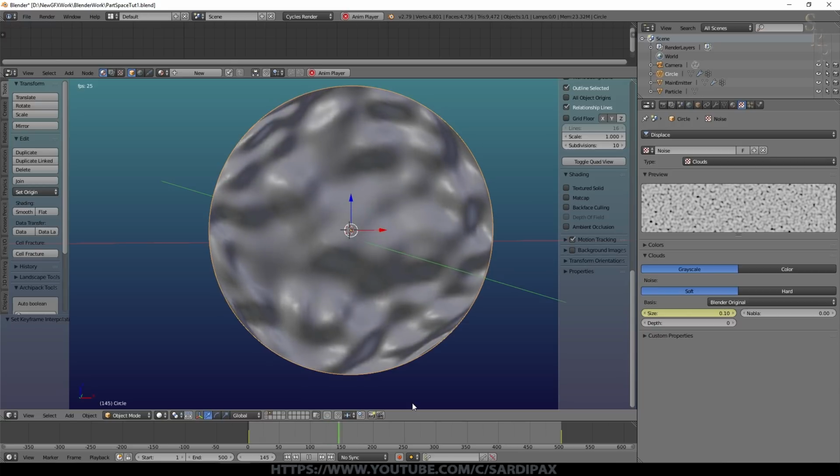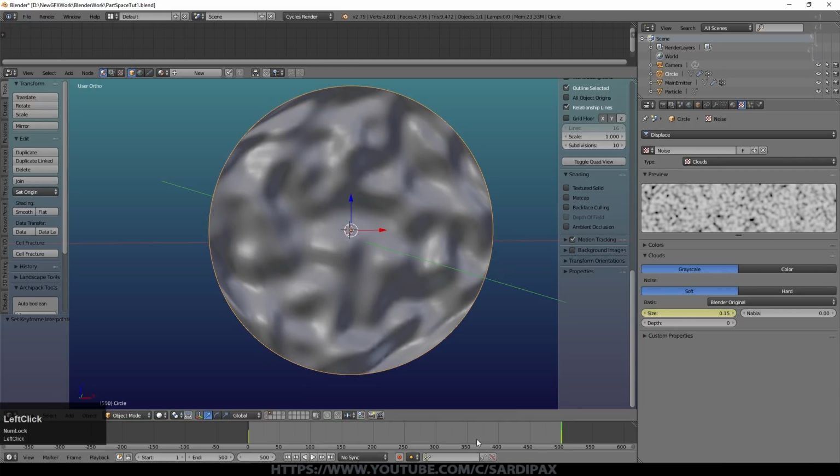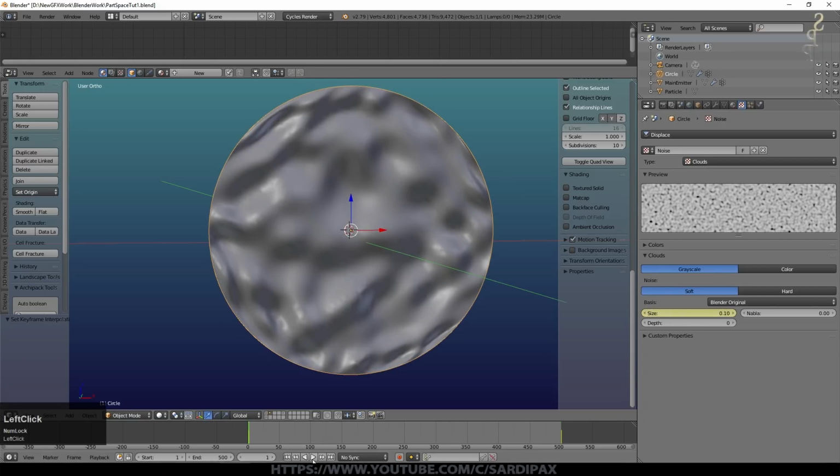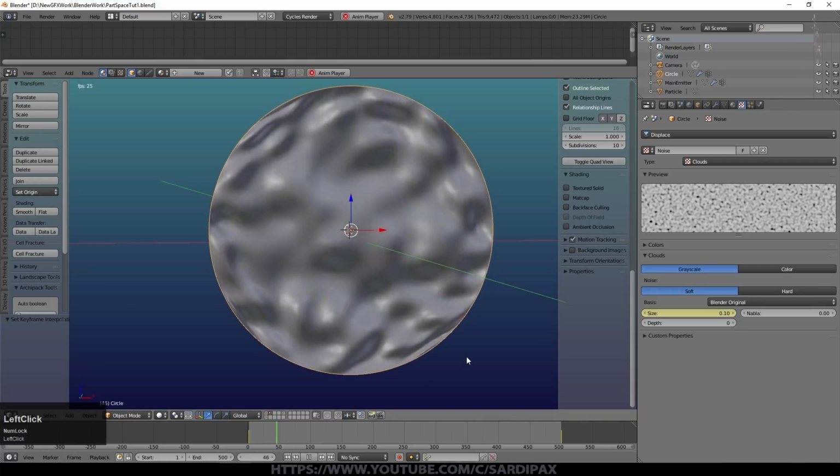And if we want it to go a bit faster, we can just go to the end animation, change that number to perhaps 0.25, press I again with the mouse hovering over it so it turns yellow, and now when we press play you can see it's a bit quicker.